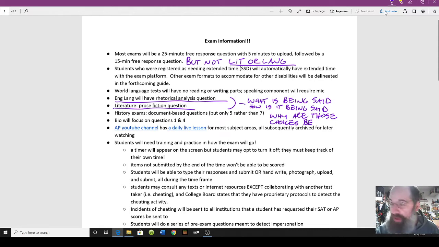And then finally, why do they work? And the big question within that question, why do they work, is associations.